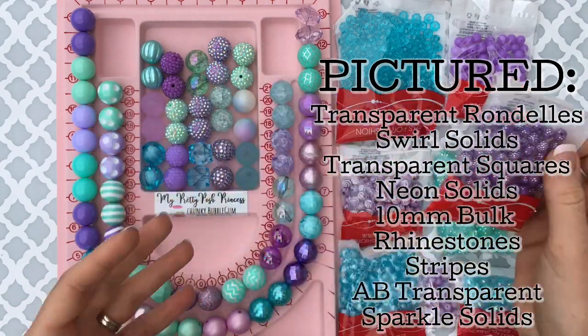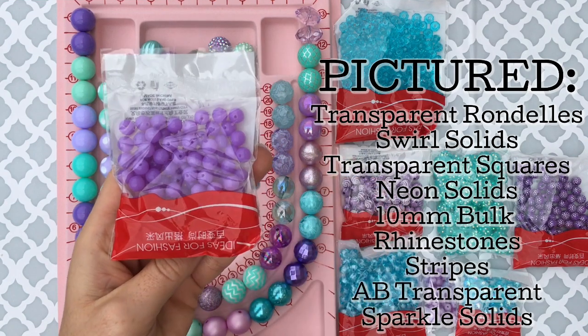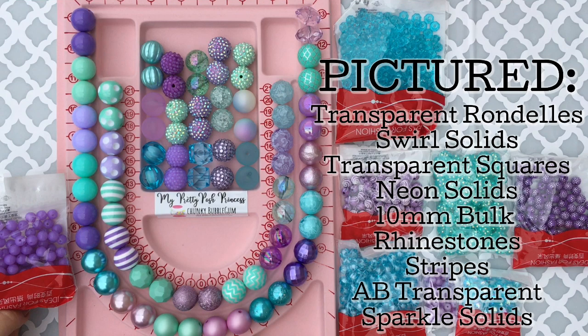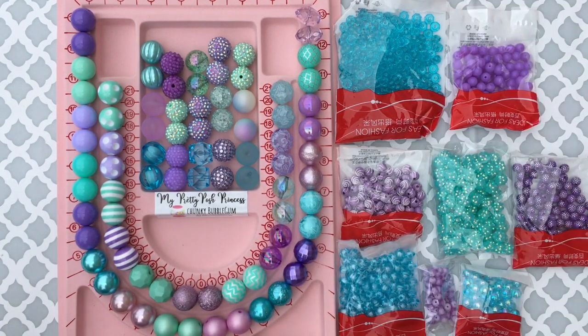They're really, really pretty. This is actually an 8 millimeter neon bead. It's a neon purple, but as you can see, it flows really, really well, the light purple. Here it is in 20 millimeter, so you can see that it matches. And we also have these in 12 millimeter. So here's just a really neat example of 29 different styles of 20 millimeter beads that we carry on our website,